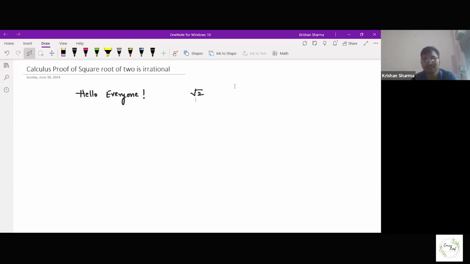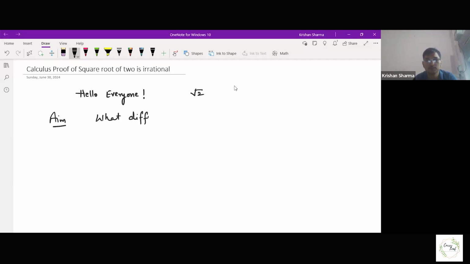Sometimes my student asks me, sir, why are different proofs necessary, or is it necessary to learn different proofs? So I told them that yes, it is necessary because they give us a different perspective. So when I learned the proof that square root 2 is irrational, so what I was told, so I will start. And the main aim is not to understand the proof, but my aim is